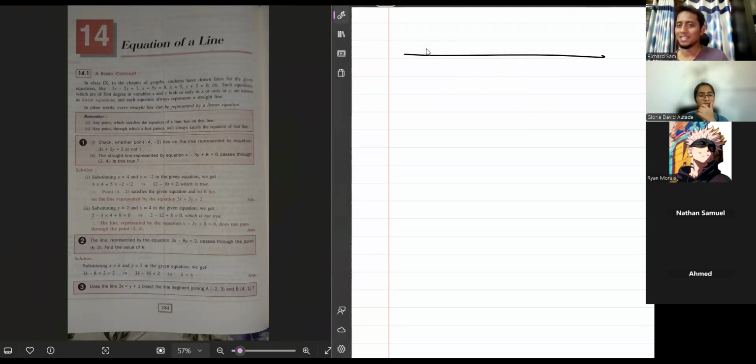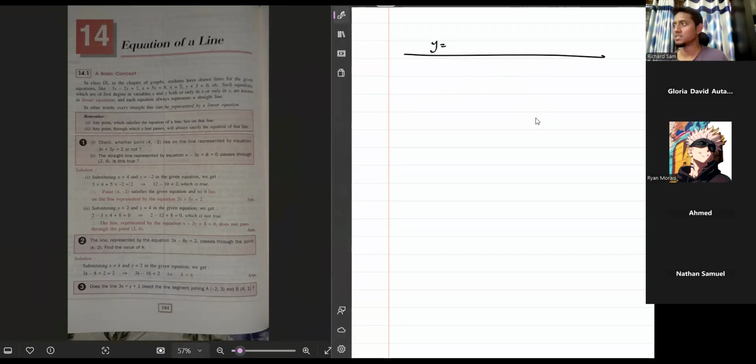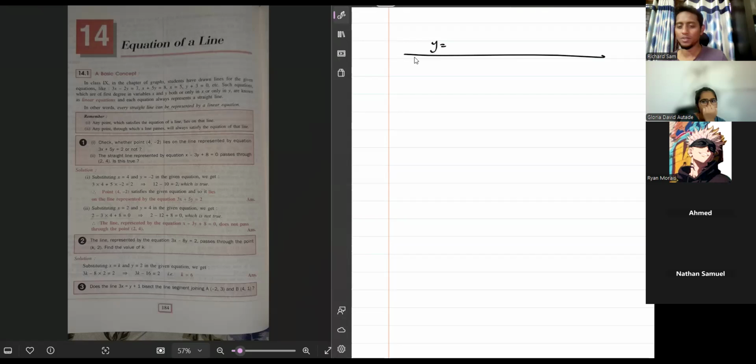If a line is parallel to the x-axis, how would the equation look? Y is equal to something. Understand? If a line is parallel to the x-axis, its equation will be y is equal to some number. Okay, that's what we saw in the reflection chapter. Next, if a line is parallel to the y-axis, then its equation would be something like x is equal to